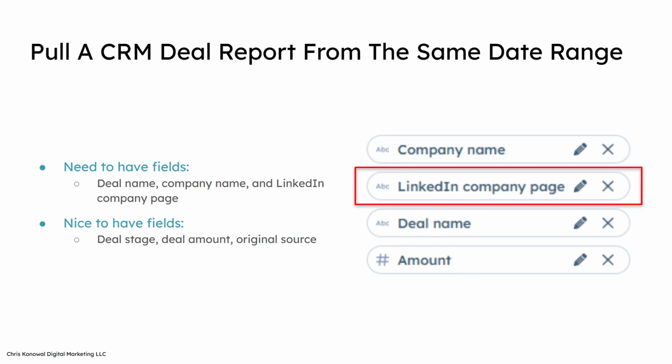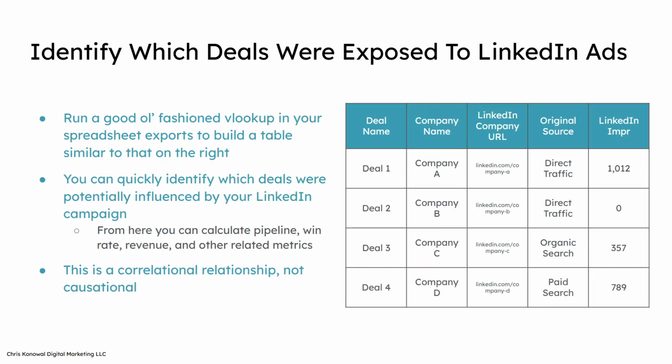As well as the need-to-have fields, some nice-to-haves are deal stage, deal amount, and original source. You can understand what deals are still open, which are SQLs, which have been closed won, closed lost, how much these are in terms of pipeline revenue, etc. And you can create a couple of different analyses from this. But once you've got your two reports, run a good old-fashioned VLOOKUP, and you'll get a table that looks something like this,